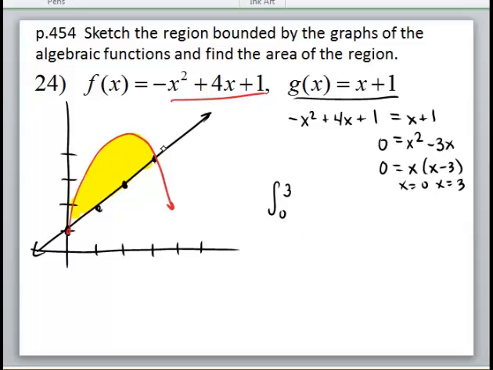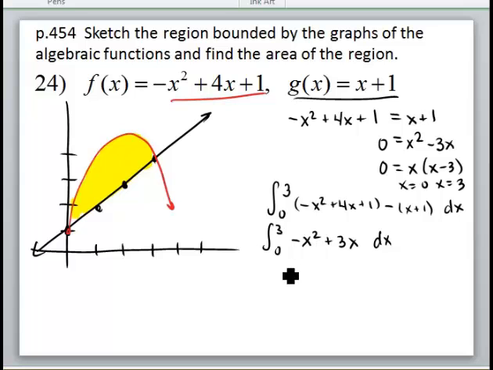The top function is the red function, so I will say that it is the negative x squared plus 4x plus 1 minus the bottom function x plus 1 dx. So I'm going to end up getting negative x squared. This is 4x minus x, which would be a 3x. And then I have 1 minus 1, which is 0. And so when I integrate, I get